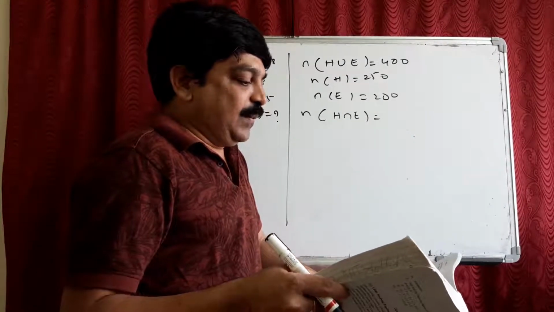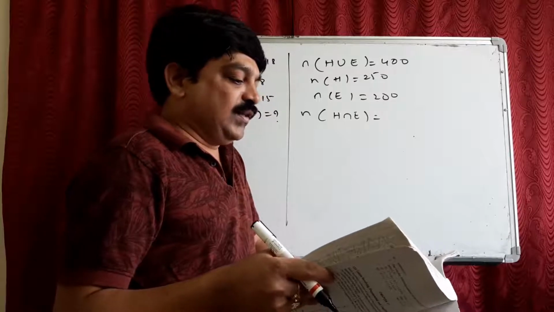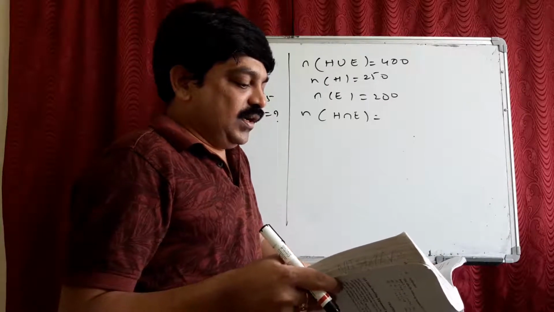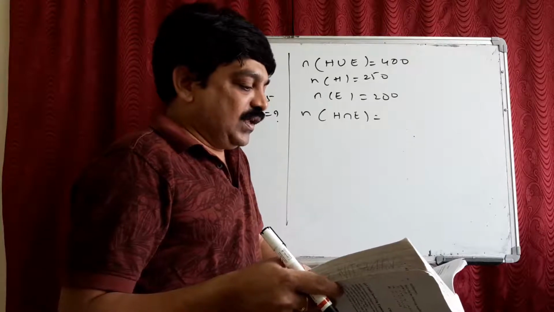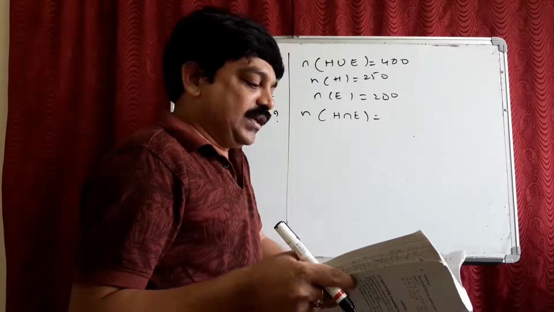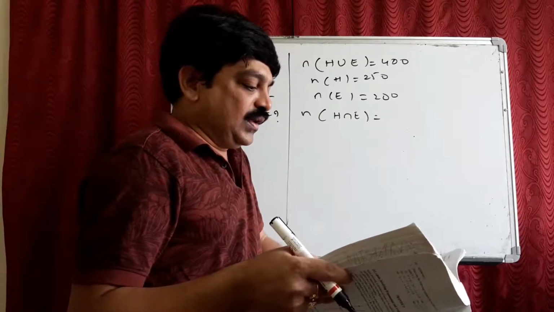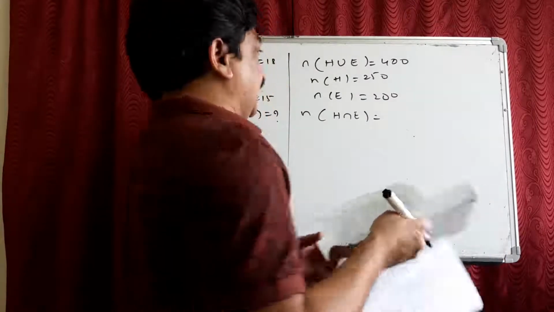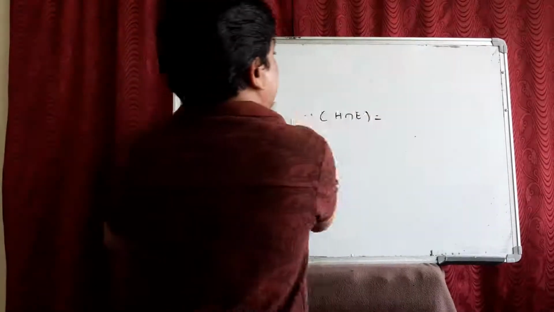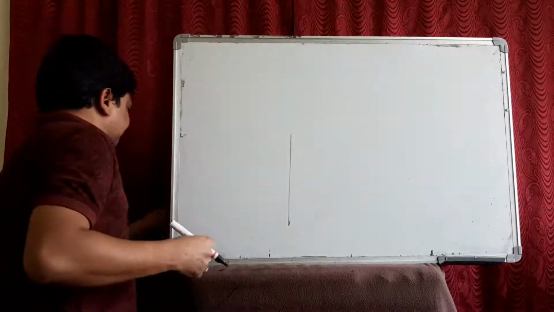In the same way, the fourth question, the same thing. Fifth question also same thing. Sixth also same thing. Seventh question is also the same. You can do it. In the seventh question, I'll do only tennis but not cricket. They have asked like this. I do the seventh one.